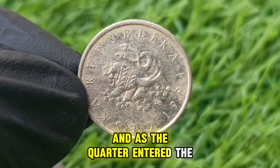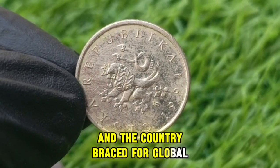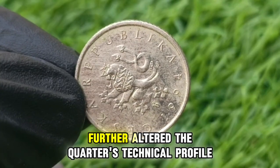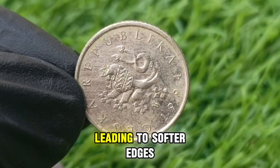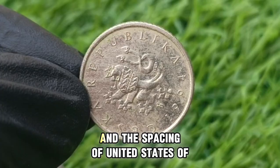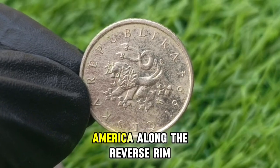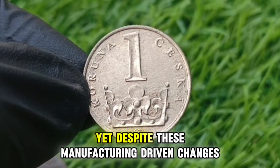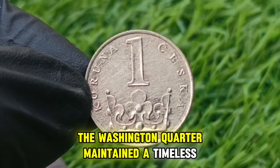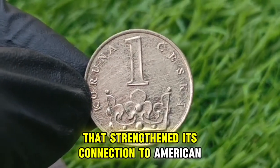And as the quarter entered the 1940s and the country braced for global conflict, the necessity for cost efficiency and high-speed production further altered the quarter's technical profile, leading to softer edges and minor modifications to the eagle's feathers, shield shape, and the spacing of United States of America along the reverse rim. Yet despite these manufacturing-driven changes, the Washington Quarter maintained a timeless dignity that strengthened its connection to American identity during